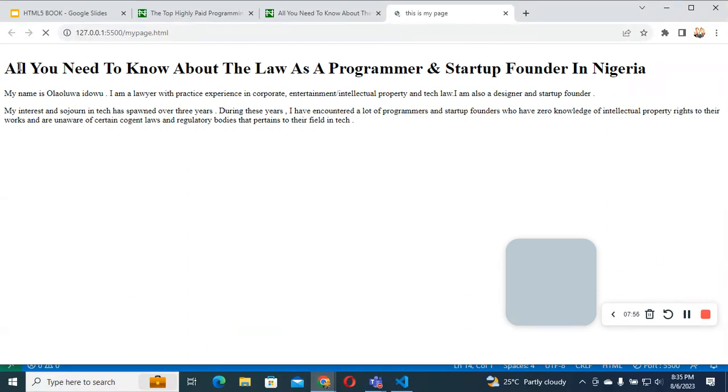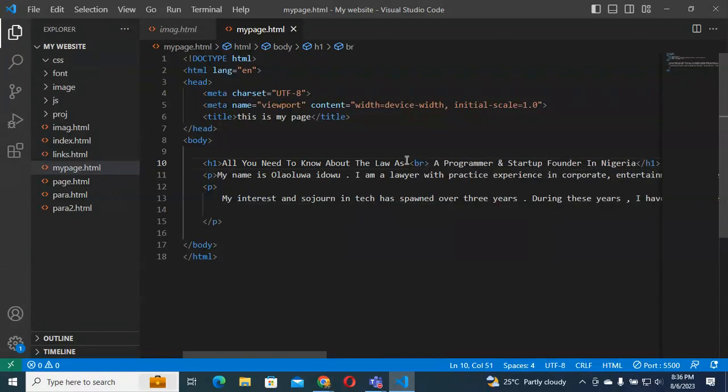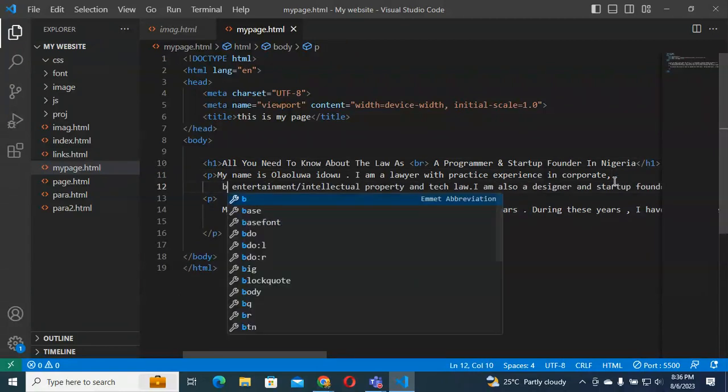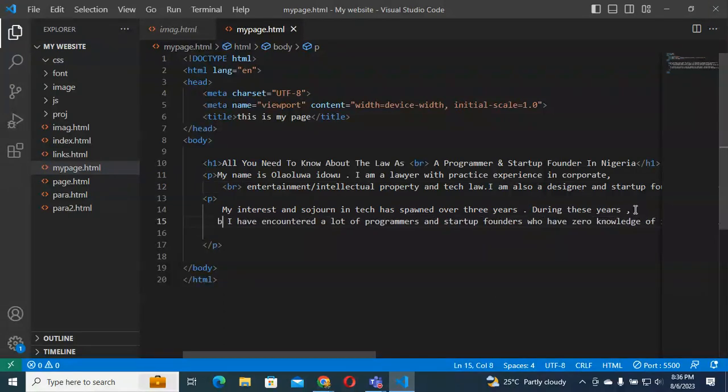Okay, this is what we have here. So let me break this from programming, then break this from entertainment. So I'm breaking this from programming. I just need to carry my B arrow. Then I'm also breaking from entertainment. So break that from entertainment. I'm also breaking this. I will not have B arrow to break. So having done that,